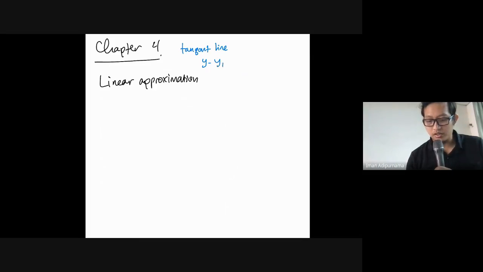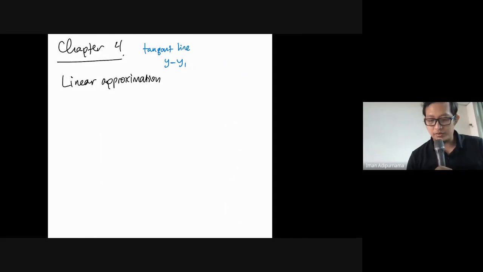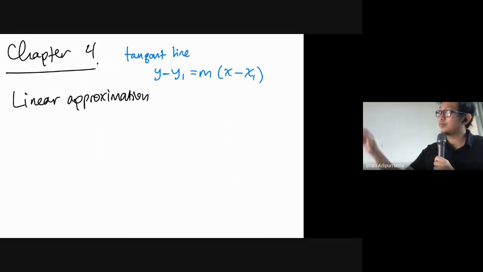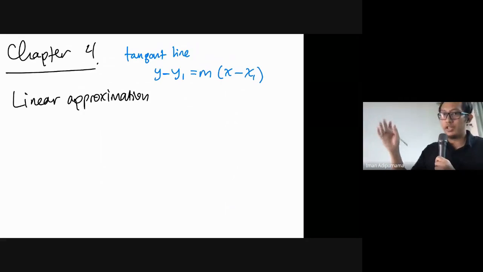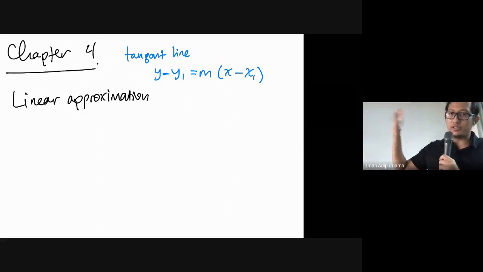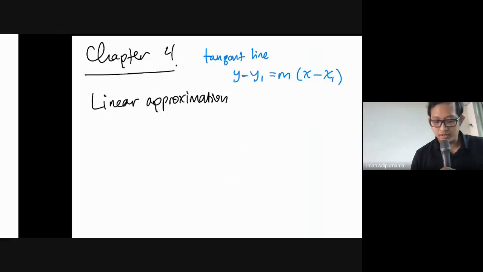Start with the very basic line equation, and we can use this line equation to approximate some functions. So we can use the tangent, the gradient, for linear approximations. That's why I want to use the linear approximation as the intro for chapter 4,